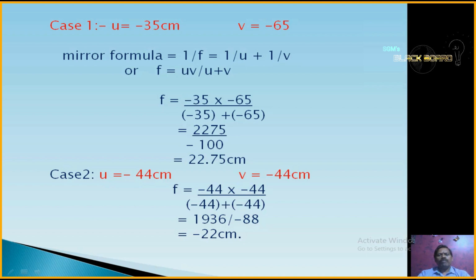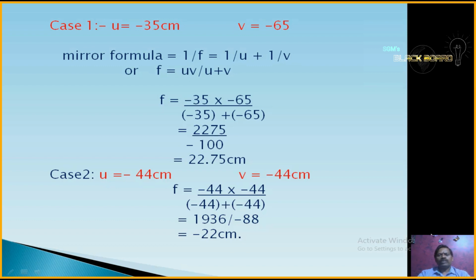One thing you have to remember is why we are taking minus. According to the sign convention rules, if we measure distances opposite to the direction of the incident ray, we need to take the minus sign. For a concave mirror, the object distances and image distances are measured from the mirror, which is opposite to the direction of the incident ray. That's why we need to take negative.